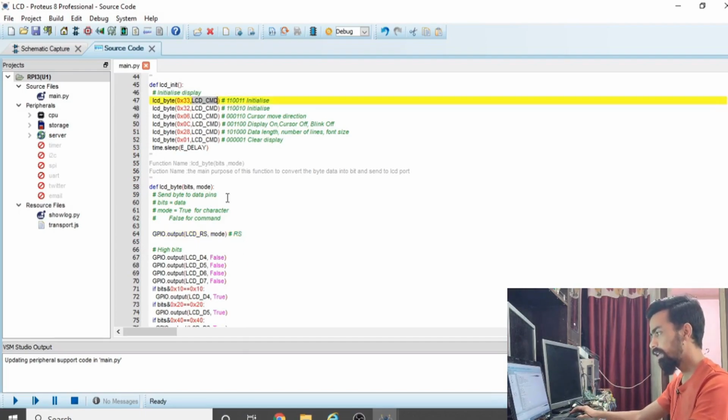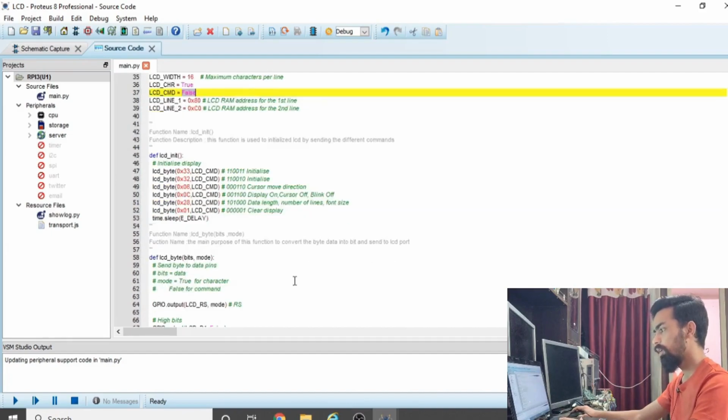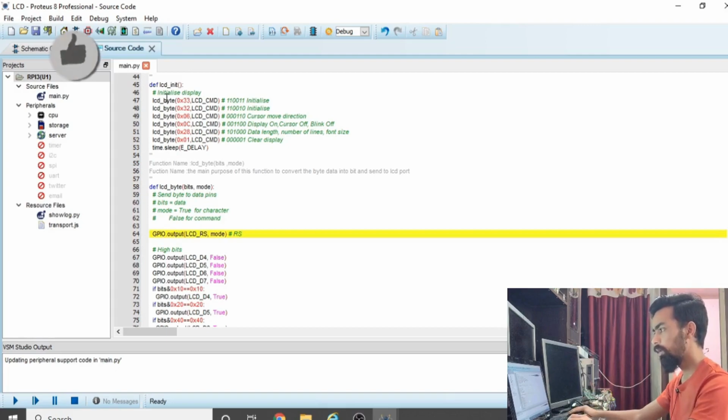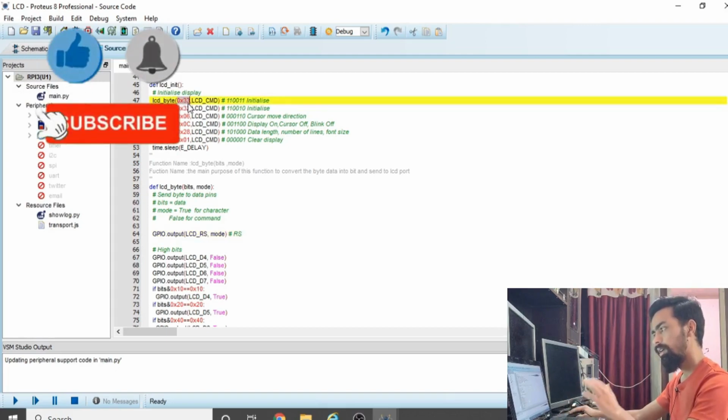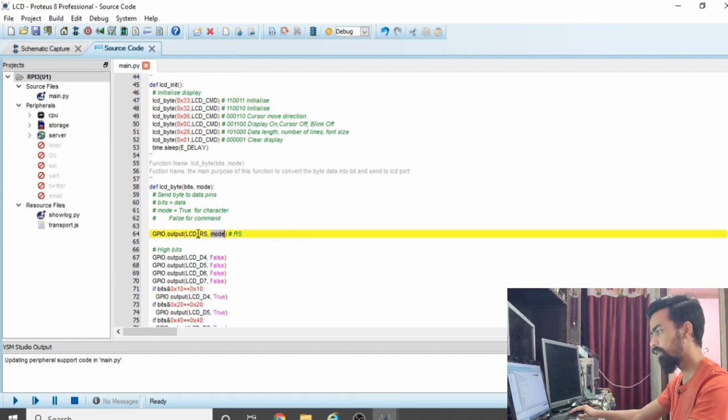This variable LCD command has the value False. So whenever you send a command to the LCD, you have to send RS as 0, that is a 0 signal on the RS pin. That is done automatically with this function, GPIO output LCD RS to 0.